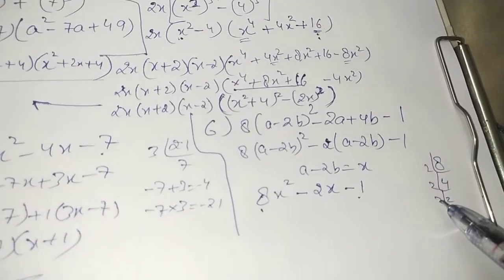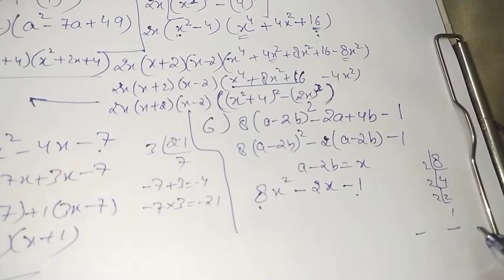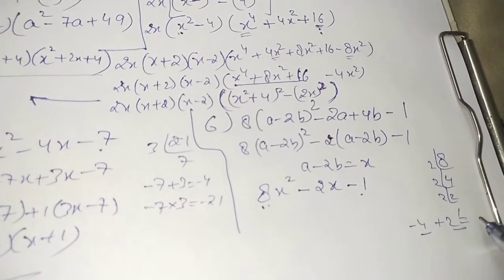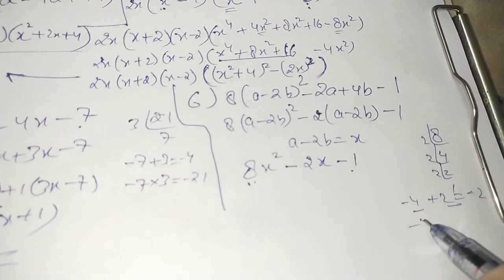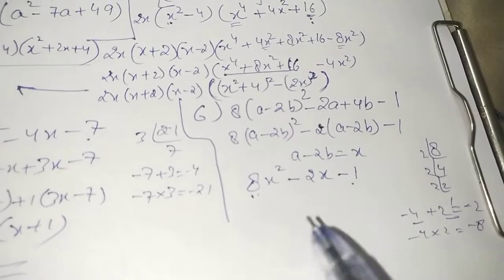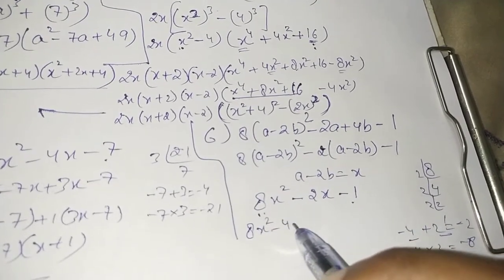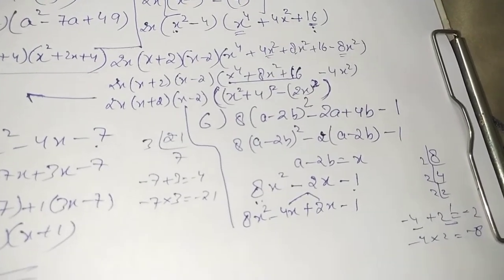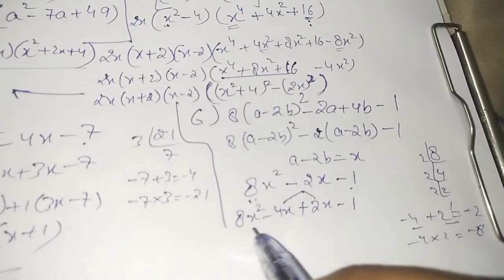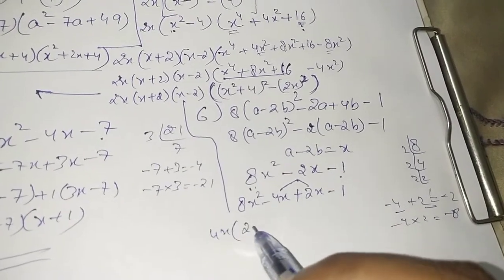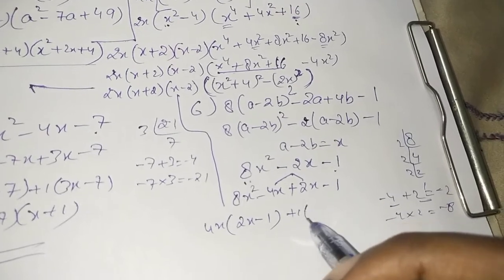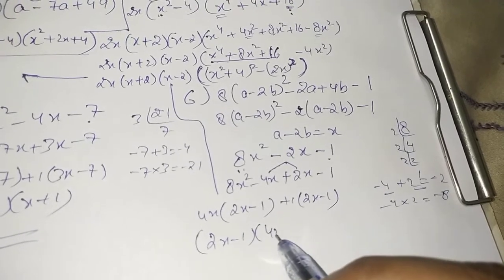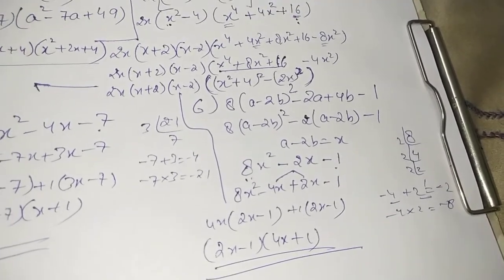Now out of these we have to group them and form just two numbers which on multiplying should give us minus 8, and when added should give us minus 2. So if we take minus 4 plus 2, yes, we obtain minus 2, and when multiplied, yes, we are obtaining minus 8. So that means it will be 8x square minus 4x plus 2x minus 1. So that means we make a split only of the middle term. So taking out 4x common, we are left with 2x minus 1, and taking out 1 common, 2x minus 1. So one bracket will be 2x minus 1 and the other bracket will be 4x plus 1. So this will be the final answer.